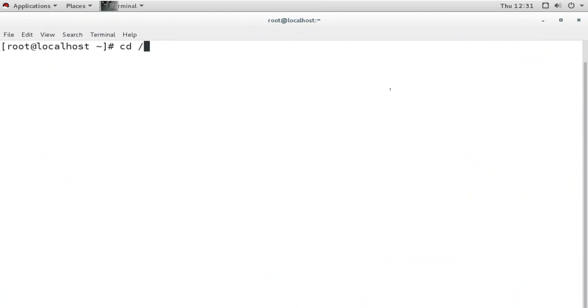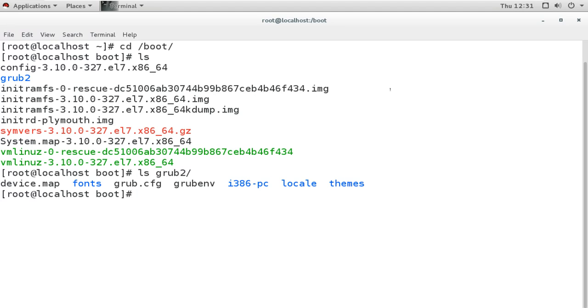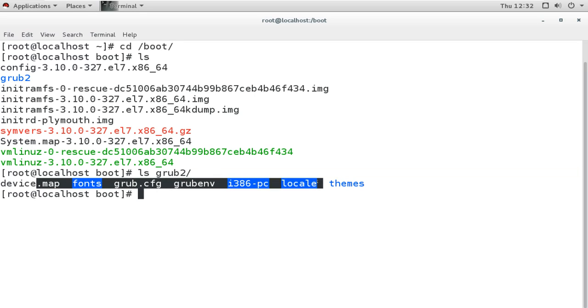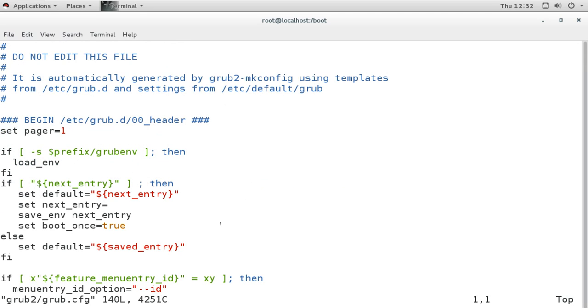So first, the files are under the boot directory, because this is the boot partition, and in that partition we have this grub directory. In that grub directory, you have this file for grub configuration. It is loading all these files, and this is the main configuration file it is loading. If you see the file, you will see those menus which we have seen at the booting time.